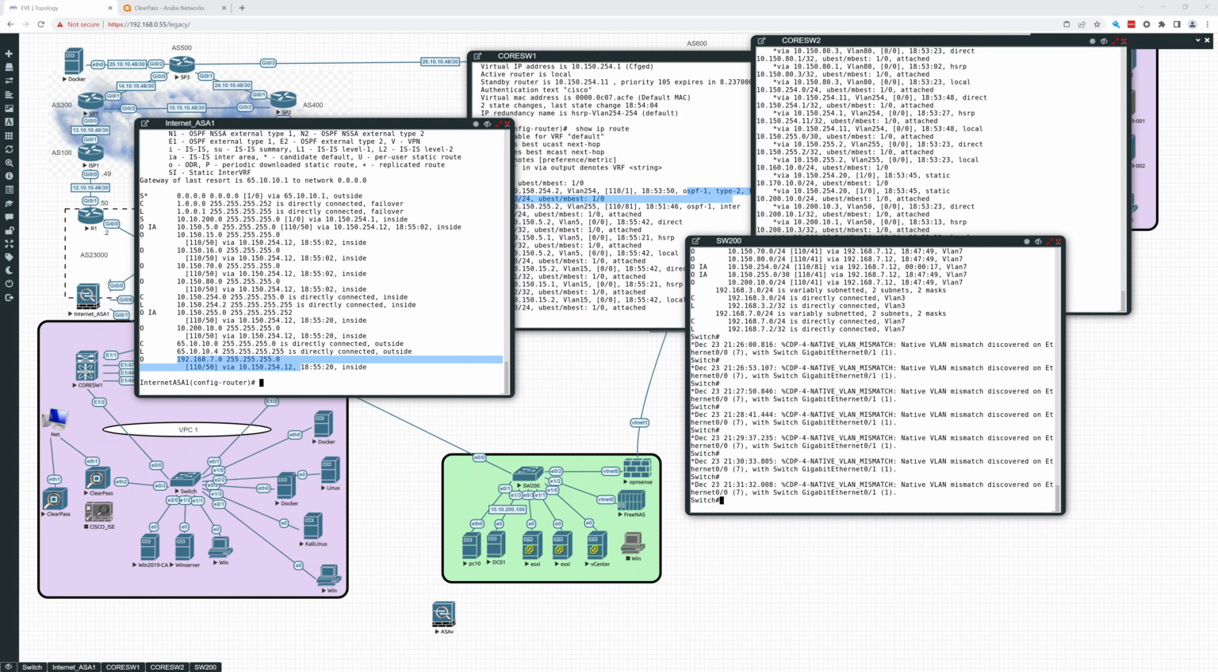Hey everybody. So this will be the last video. This should be a short one. We're going to just try a few things with this configuration and see if we can make it a little bit better. Right now we have a static route on the ASA, and what we know is that this 10.10.200 is being